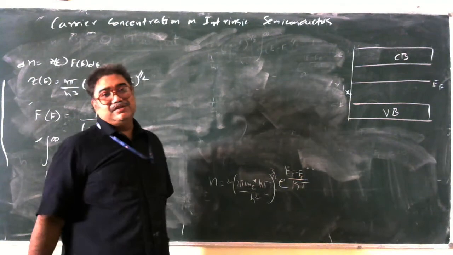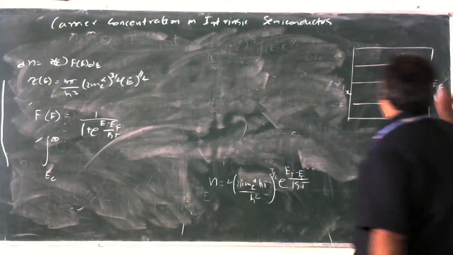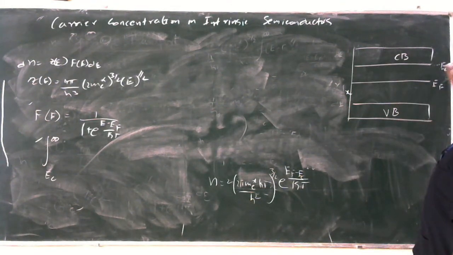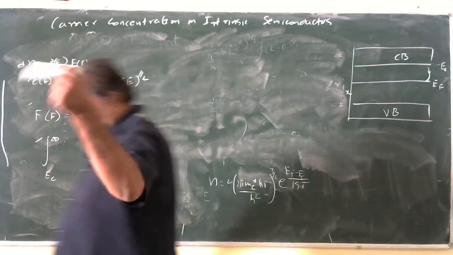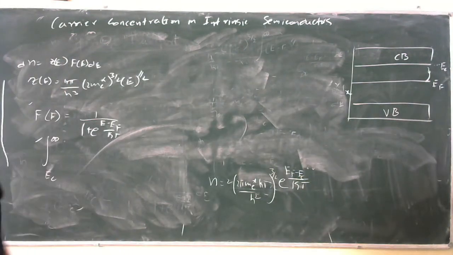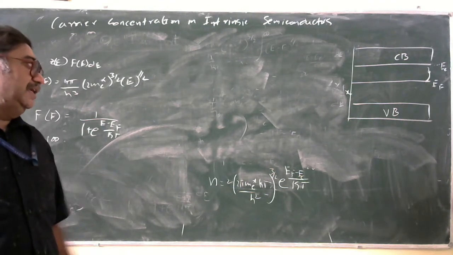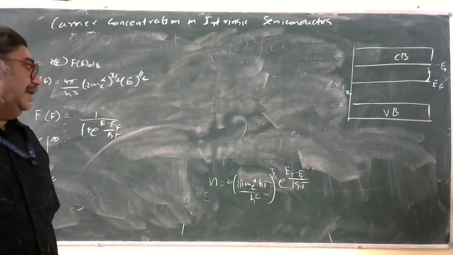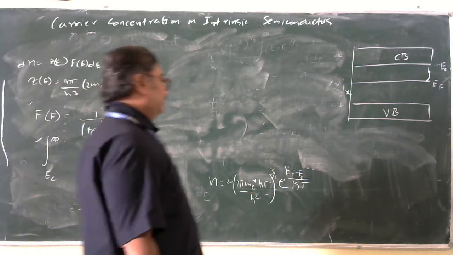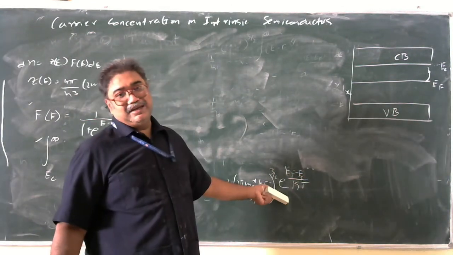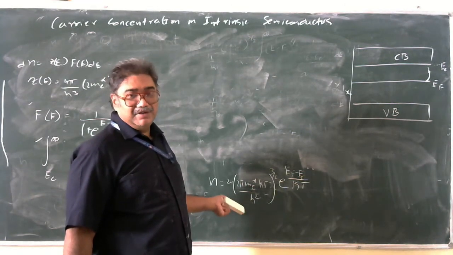There is always a possibility that free electrons are available with an energy density between the limits of, if this is EC, there is a possibility of finding free electrons only between these two. There is no possibility of finding a free electron below the Fermi level, and it is only possible above the Fermi level and somewhere near the conduction band. That is the reason why we have taken EF − EC by kT. And as the temperature increases, what happens? This value is going to decrease, and therefore there is only a little possibility of the number of free electrons available for conduction.